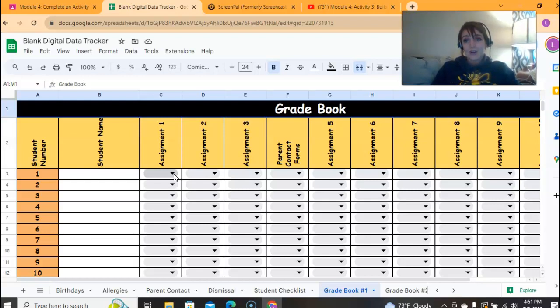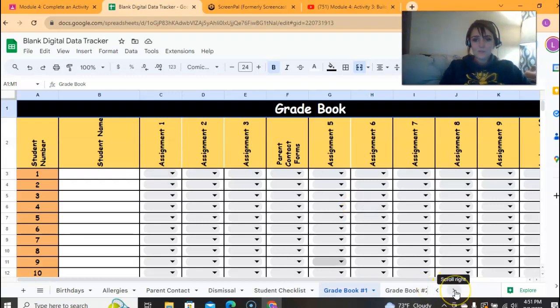Exit tickets are also your fuel. You're able to look and analyze, okay, where did your students go wrong? And if your students are going wrong on the same step across the board, you know that you're not teaching effectively and you need to come up with a different way to get that information mentally across their brains. Okay, so